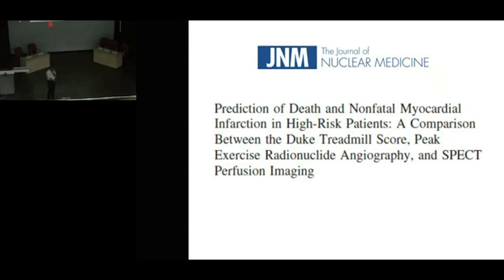You have a treadmill, so you'll have some value in the treadmill which will predict and say if you're above something, you're going to be at risk. If you're below this, no risk. I have an angiography where some findings of angiography I will define a priori that if you have these findings, you are likely to be at higher risk of death. And the third is on SPECT perfusion image. So you will get a set of values which will tell you either it may be numeric, it may be yes, no, I don't know what it is, but whatever it is, you may have a numeric value, in which case